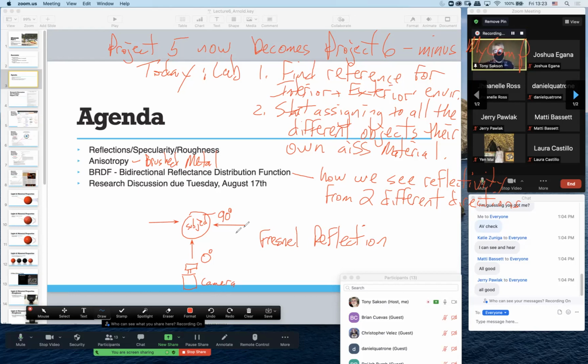Now, this whole BRDF, Fresnel reflection thing, came into gaming with PBR materials. So gaming has Fresnel reflections. They also have BRDF. Okay, all wrapped up in what are called PBR materials, physically based rendering materials. And that's what gives game engines the ability to really make something look shiny like metal,